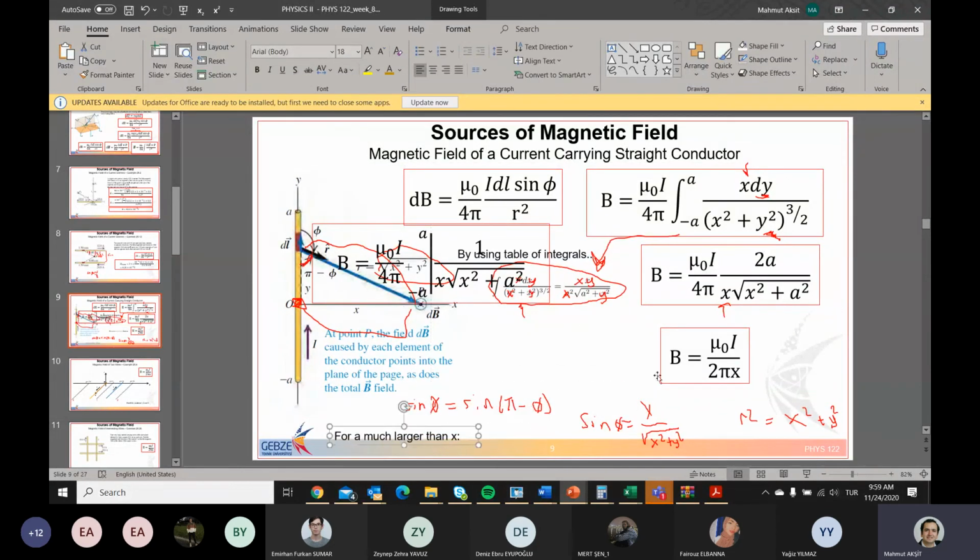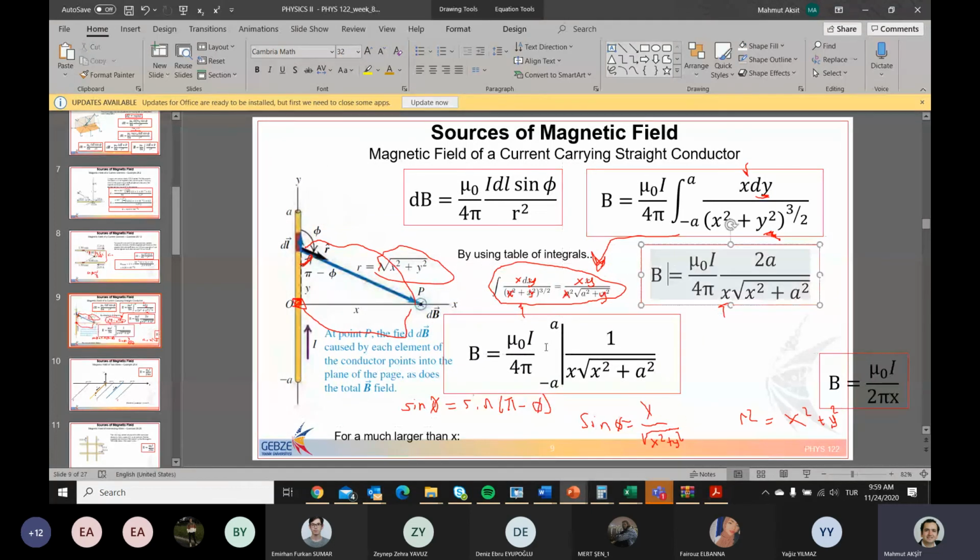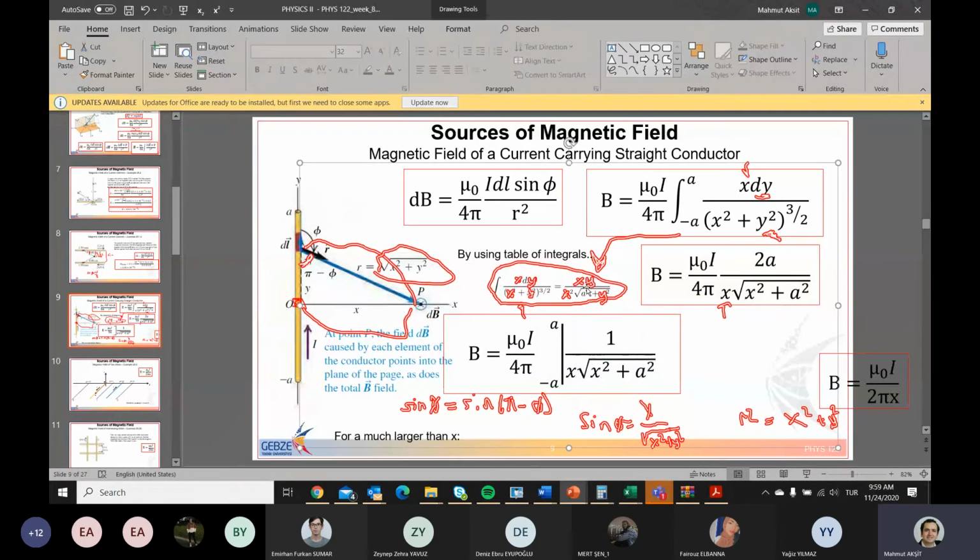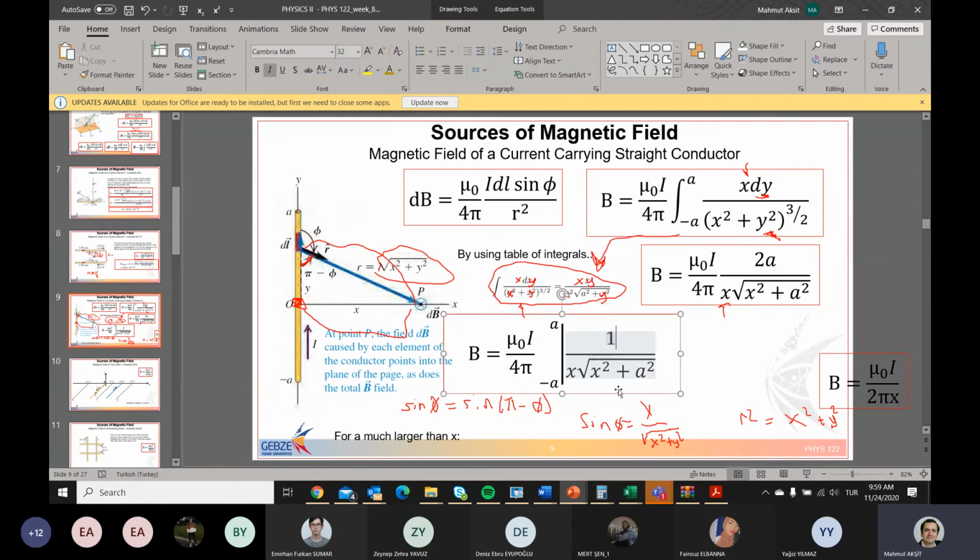Let me put these aside first. So this is before this one, you have this one, okay? And we get this using this table of integration. From here, we get here. Since we have an extra x here, we have x, y, sorry. Very sorry. So y square, okay? We have from here, we get here, okay? We have xy over x squared, square root of